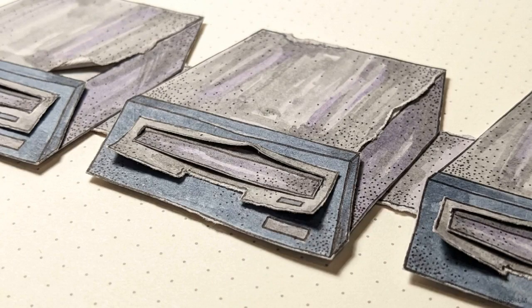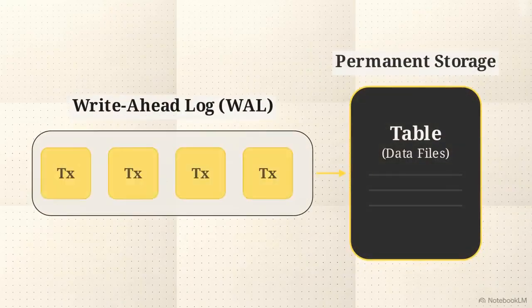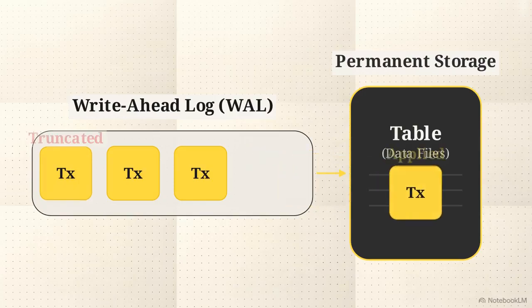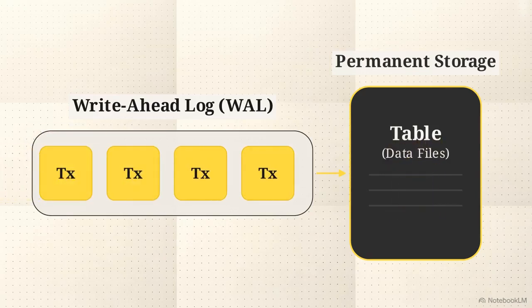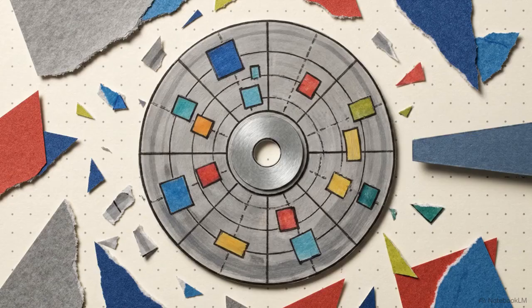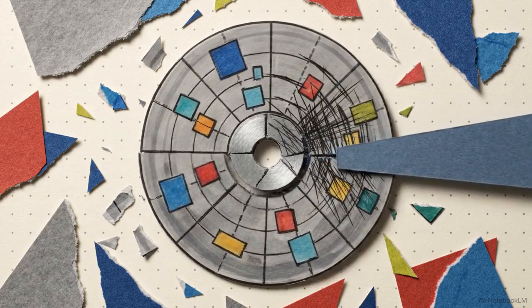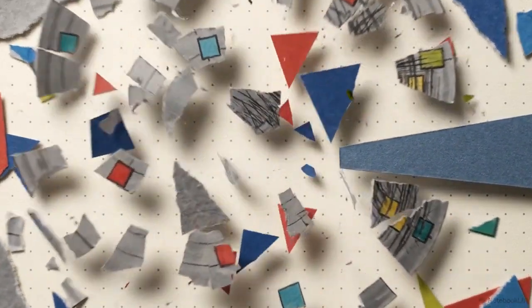But treating this specific tool as a historical backup is a massive mistake that can lead to total data loss. Watch how the log operates in this diagram. The exact moment a change safely enters the main table icon on the right, the log entry on the trailing left edge is truncated to save space. A write-ahead log protects the system during an active crash. It cannot save you from a failed hard drive 6 months after the fact.